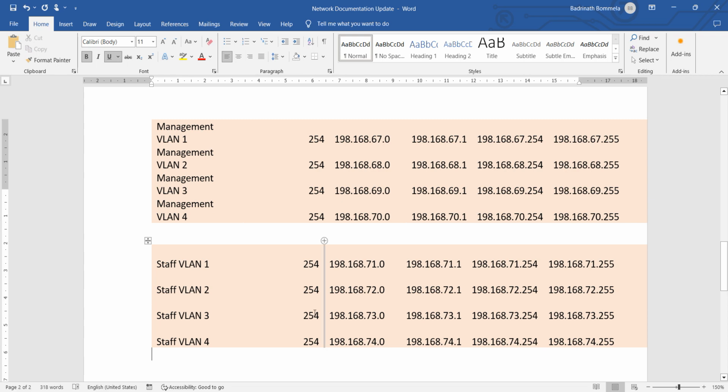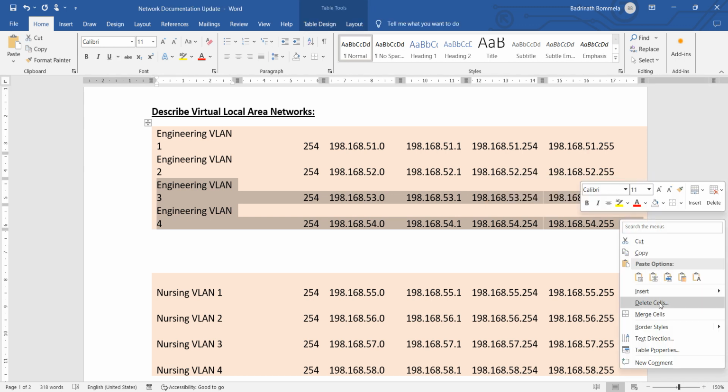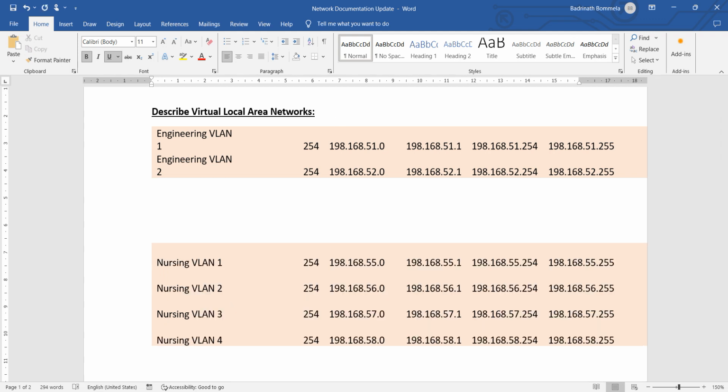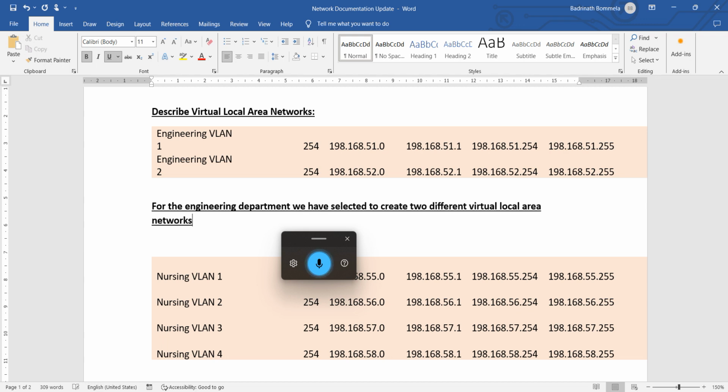Okay, these are the VLANs that we have created. Among these, for example, for engineering, you want to create only two VLANs. Just remove this. You have these two things. Now write about this VLAN. So how do we write it? For the engineering department, we have selected to create two different virtual local area networks that can be described as follows: